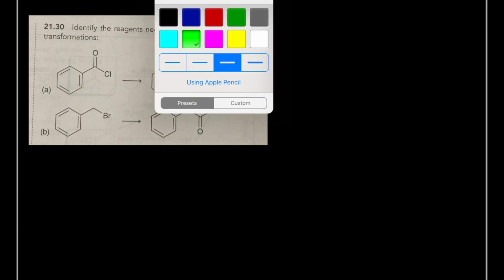Here we are with problem 30. Now, in this case, the synthesis might be a little bit more difficult, and there might be more than one answer. So this is starting to get into section 14 of the book, which is synthesis strategies, okay? So we want to think about the carbon count here. We have the same number of carbons in the starting material and the product. So we just want to think about functional group manipulations, okay? How can you make